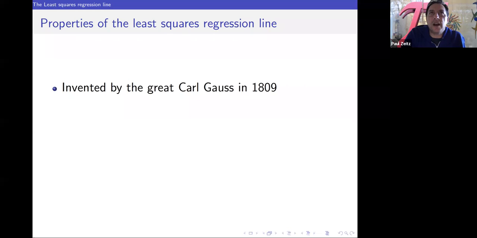It was one of the first uses of the notion of a best fit, and so it's an interesting historical epoch in math. I'm not going to show you a whole lot of formulas, although if we need to, we can go on the blackboard and look at some stuff.